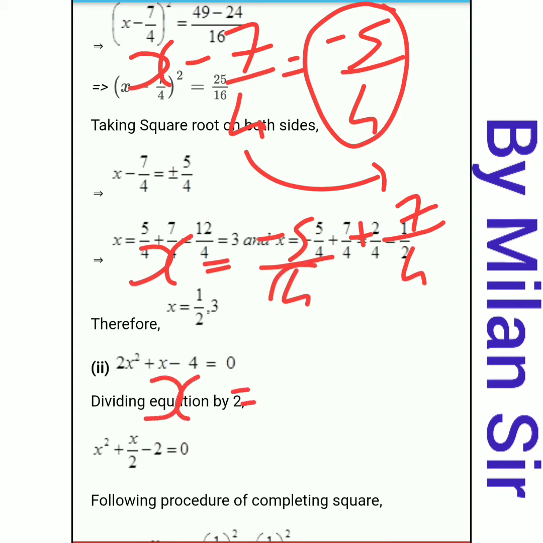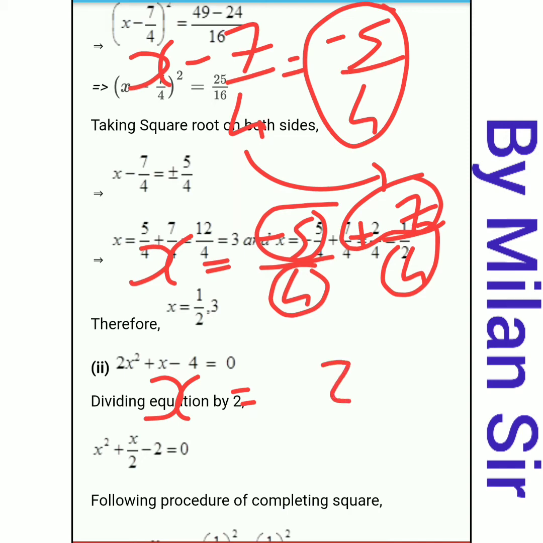Now here our denominators are the same, so again no need to take the LCM, so we can directly simplify the numerator. Now in the numerator we have minus 5 plus 7. So plus and minus, 7 minus 5 is 2, and the bigger number 7 is positive, so here we put a positive sign, divided by 4. Now we can simplify this, 2 to the 4, so in the numerator nothing remains, so we write 1, and in the denominator 2, so x is equal to 1 by 2.